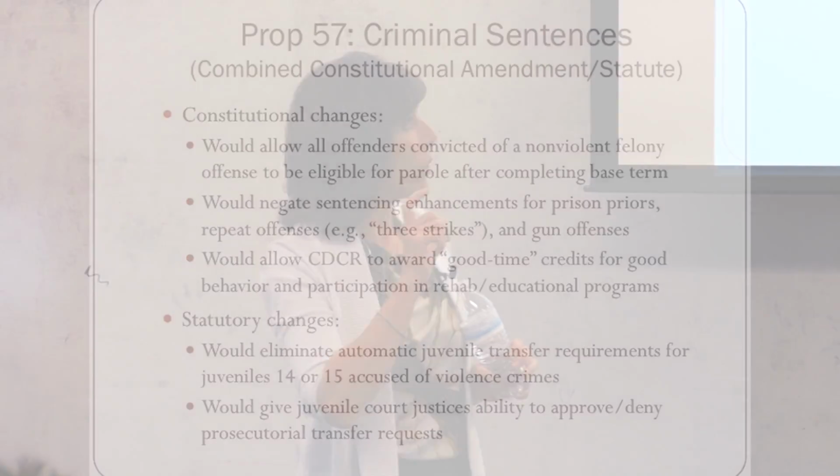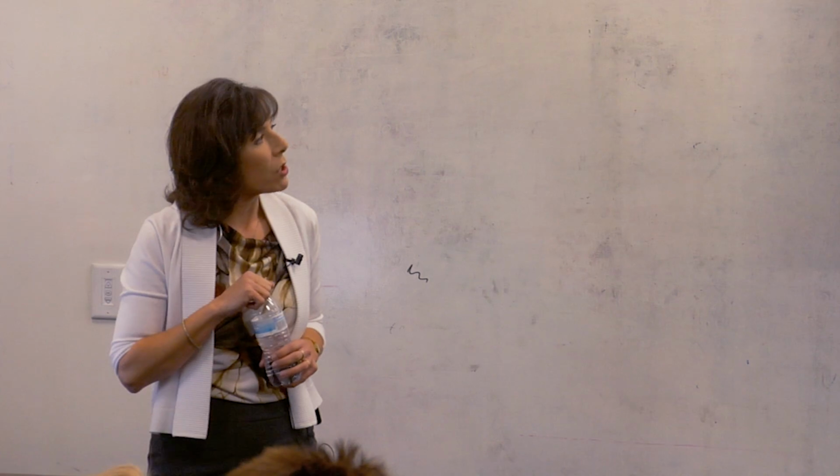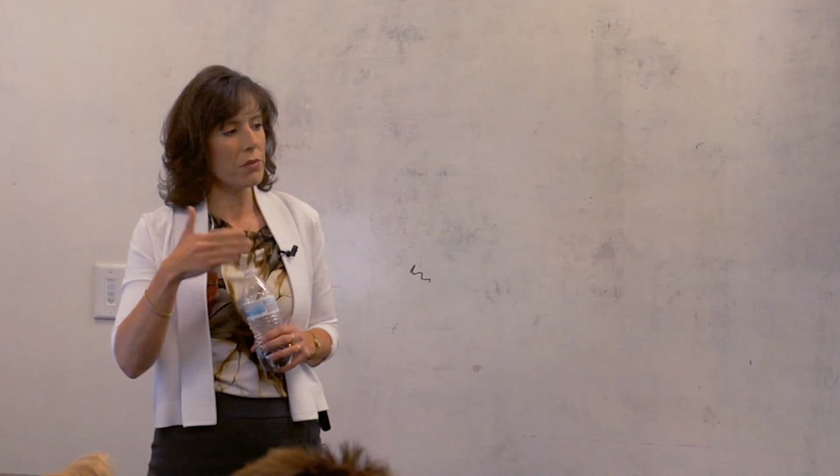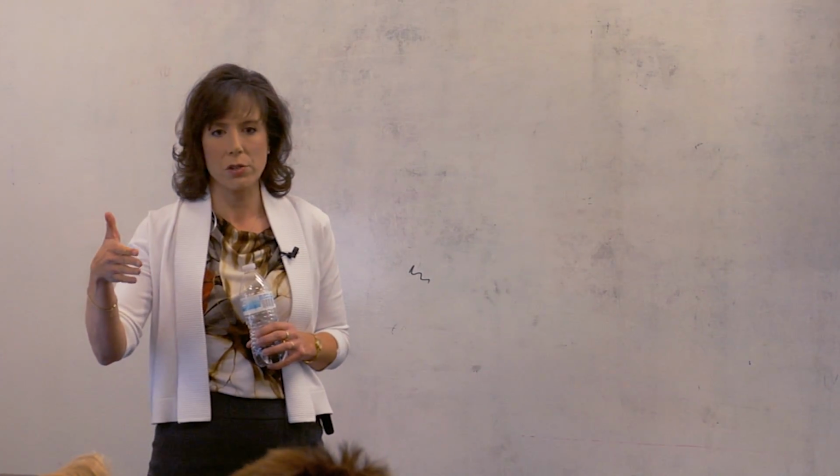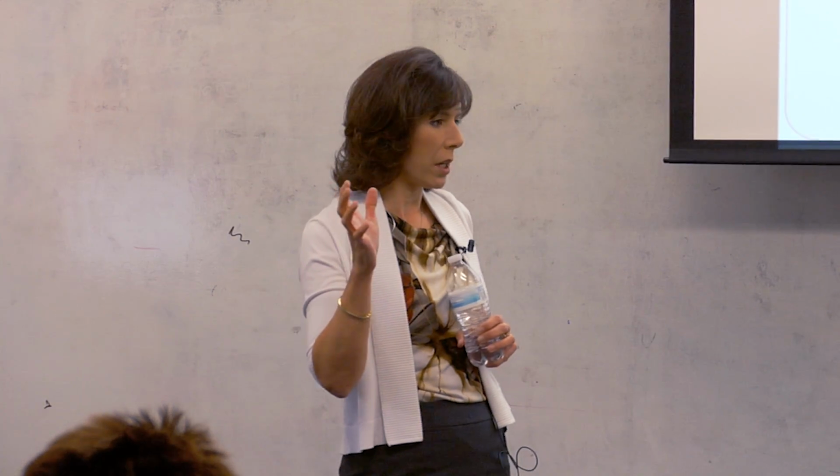Yeah, so it would negate, after that core term is sentenced, so if someone was, say, sentenced to 5 years in prison, I'm just throwing that out there, and they were a three-striker, they might have a doubled sentence, or in some cases a tripled sentence, or a minimum sentence of 25 years to life. There's also enhancements for different types of qualifiers. So if you've been to prison before and you get sent back to prison, you could have a prison prior enhancement ranging anywhere from 5 to 10 years.